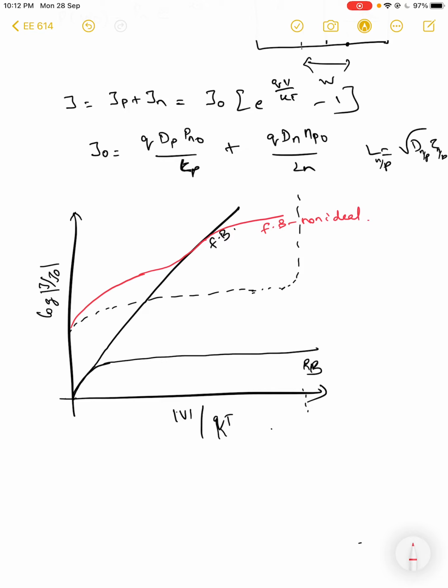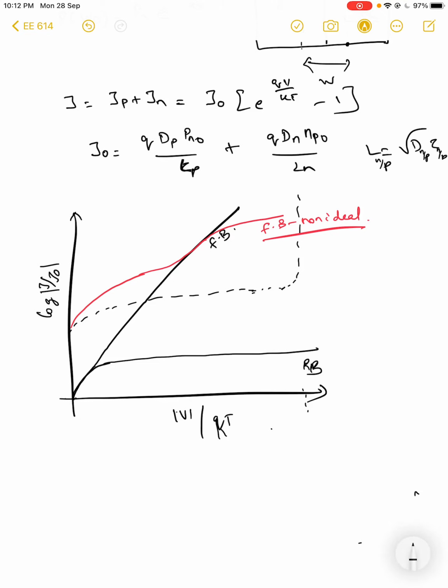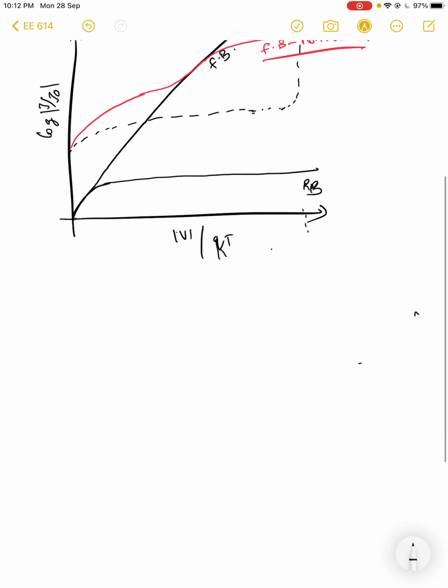So what we need to say is that the actual current values, in the reverse bias as well as in the forward bias, in the non-ideal characteristics were higher than what the ideal Shockley diode equation predicts. We will deal with certain aspects of why they are higher, and we will see other factors such as breakdown, which causes an exponential increase in the current after a certain bias. So we will go into today's discussion. It is predominantly generation and recombination processes in the PN junction diode.